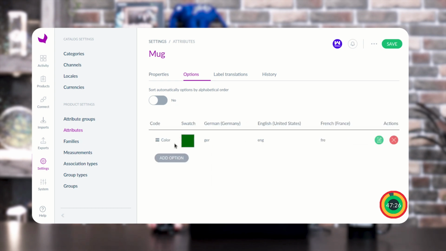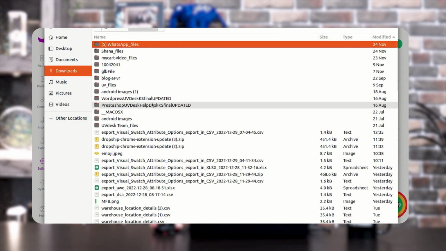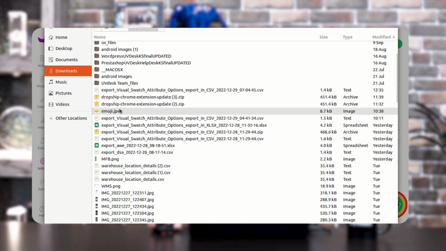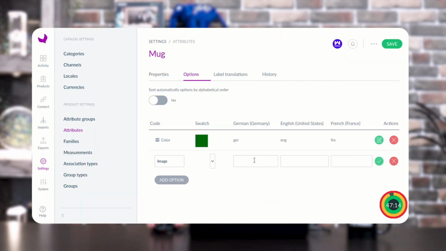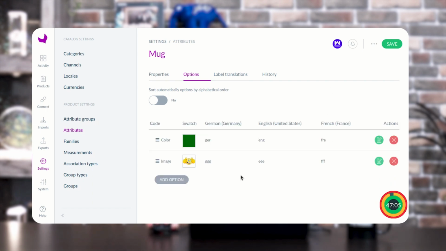Now I am adding another option, that is image. We have to follow these steps as we have done previously. After adding both the options, I need to tap over the save button, and accordingly you will get a pop-up again, attribute successfully updated.